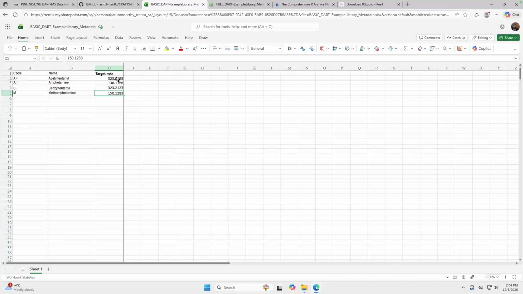So let's say you're searching a mixture, and there was a peak in that mixture at 323.25. Assuming your mass tolerances are set correctly, one of the possible matches for that peak in your mixture will be acetylfentanyl, and actually benzylfentanyl as well, because the target m/zs for those compounds are